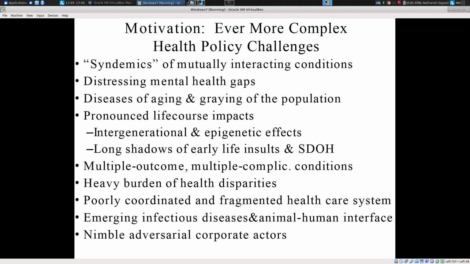So the motivation, as you recognize, for so much of the modeling that we've been doing, and indeed for the work here, is the fact that we're confronting very complex